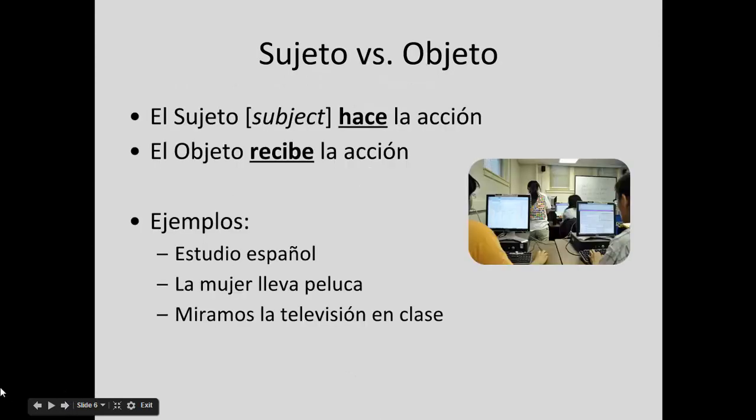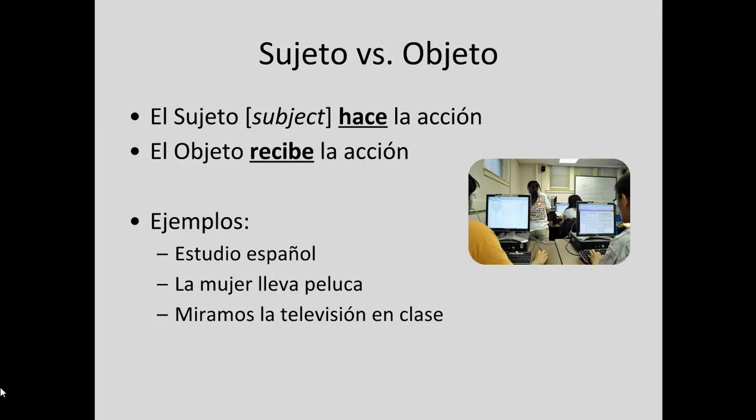So, let's talk about subject versus object. El sujeto hace la acción y el objeto recibe la acción. The subject makes the action and the object receives the action. In this segment, we are just going to be talking about objects and direct object pronouns. That's our main focus. So let's talk about, in these three sentences below, what are the direct objects in the